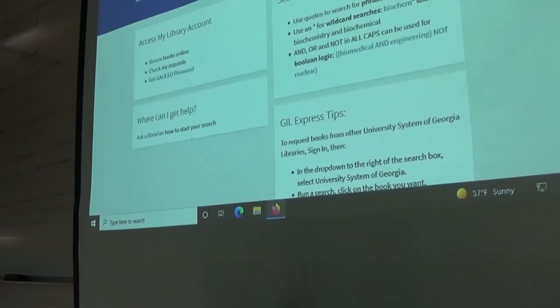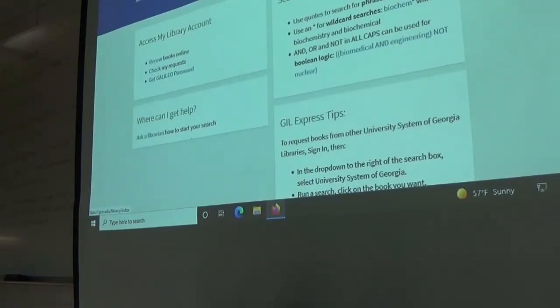What I would suggest you try to do is get some articles first, and if there are books that they reference, maybe try to get your hands on those. What's that? Try to find those books. Yeah, exactly. And you know that you can just type in the search bar. What you're going to want to search though is not just Georgia Southwestern. You're going to want to search the whole USG. And you might actually get access to some ebooks as well that might be helpful, which you can access right away.